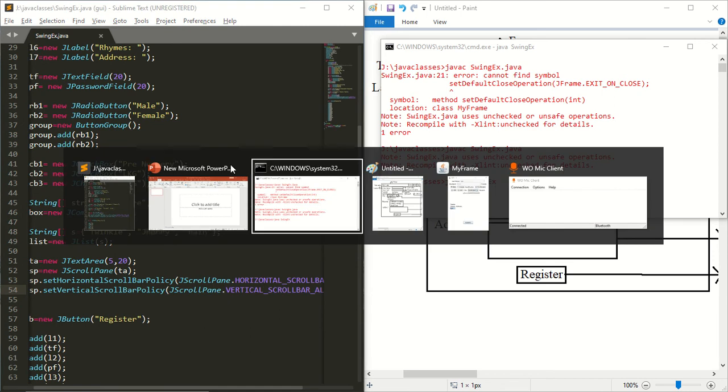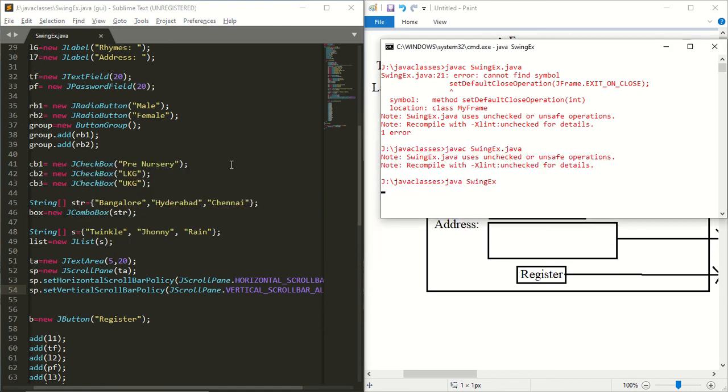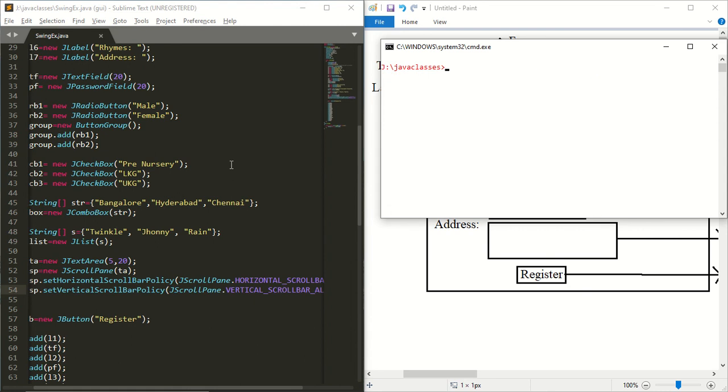Save, compile, clear screen, javac SwingEx.java. Next, java space SwingEx.